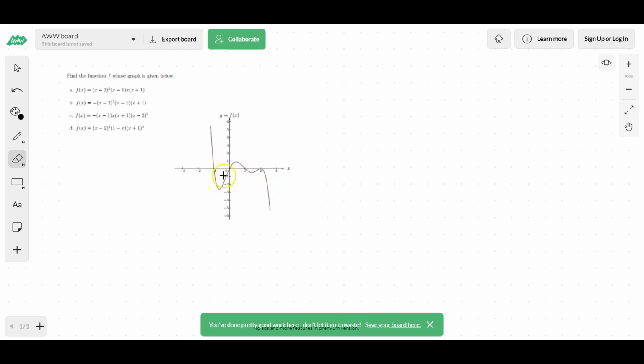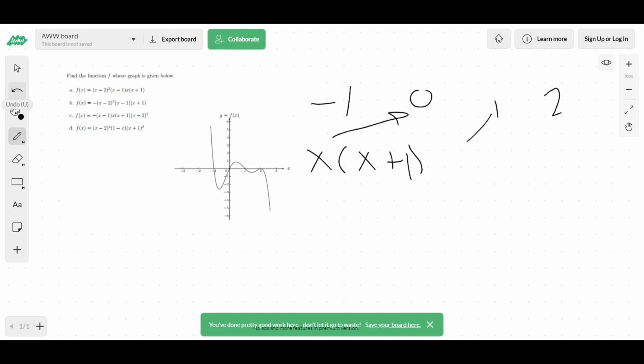So this one we have to match with the graph here. And again, you could graph all these and see which one works out, but a slightly faster way is just understanding what we have. So we have zeros at -1. So let's write these down. We have zeros at -1, 0, 1, and 2. So this could be written as x plus 1. This could be written as x plus 0, or the easier way is just writing this as x for that one. For this one, you could write it as x minus 1, and this you could write as x minus